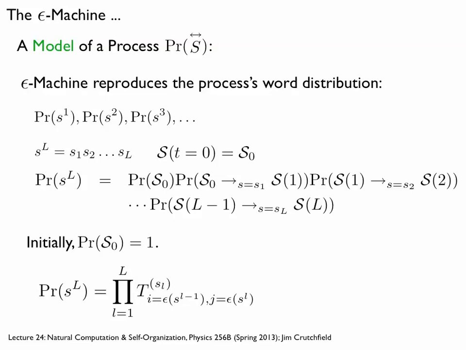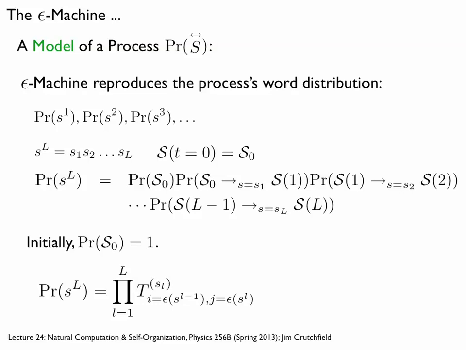Now, the way I'm describing this assumes something I'm going to prove very shortly, namely that the way I described it assumes unifilarity. Remember, unifilarity is if I'm in a state and I take a transition that's labeled by the symbol I just saw, I go to a unique next state. That was the problem with non-unifilar models, that this might be branching.